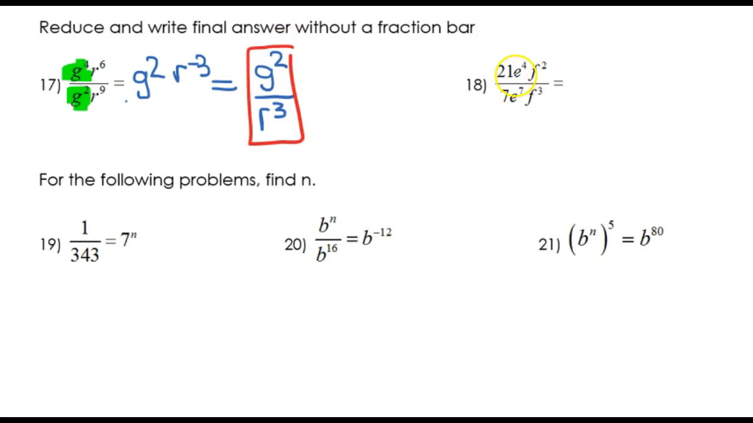Number 18, 21e to the 4th f squared divided by 7e to the 7th f to the 3rd. I'm first going to deal with my constants. 21 divided by 7 gives me 3. Let's look at e to the 4th divided by e to the 7th. That's going to give me e to the negative 3rd power. 4 minus 7 is negative 3. And then we have,